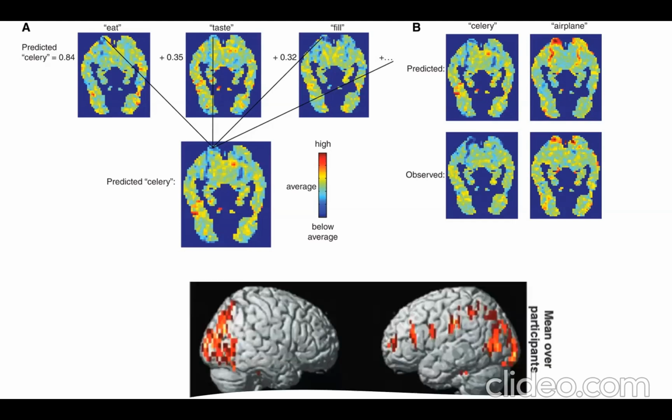And also, we can map which voxels basically code for these types of semantic information. And the usefulness of these encoding models is that, okay, these voxels light up, but now we can say, well, these voxels light up based on our, let's say, semantic model, based on these 25 action verbs. But we can also build an encoding model that is based on some of the